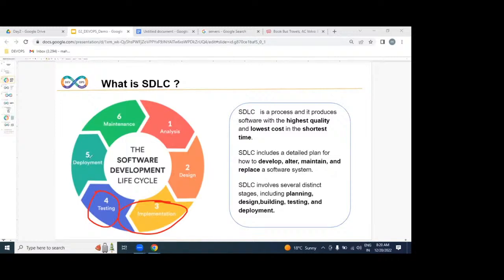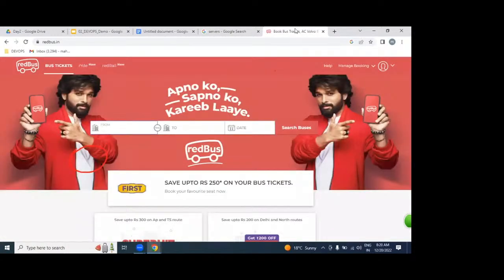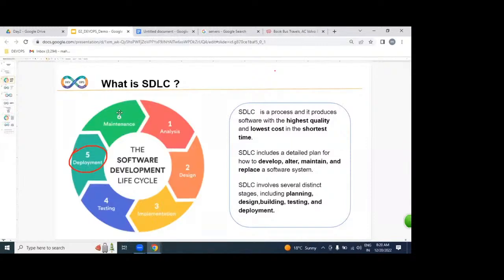Once it is verified, we are going to deploy on hundreds of production servers. Once it is placed on hundreds of production servers, we can access it over the internet as a website. That's it. Then, whether it is working or not, we are going to monitor and maintain.